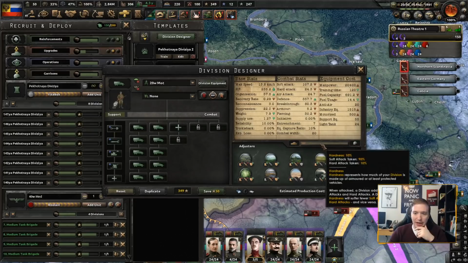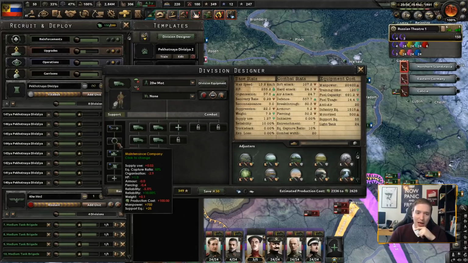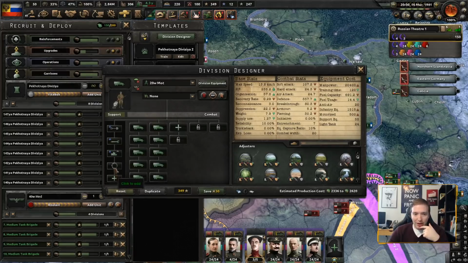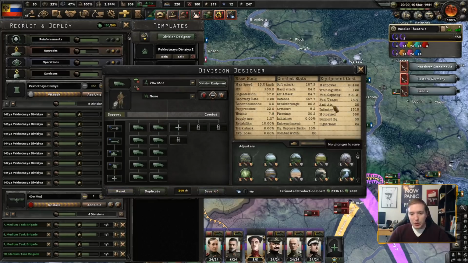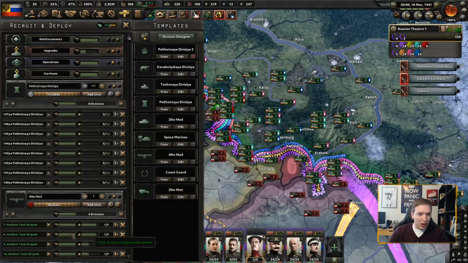We have a tiny bit of hardness value, too, which means we take a little bit less soft attack, but we do take hard attack instead. Maintenance companies is okay. Actually not bad just because you can capture equipment a little bit better, so that's not bad, and we want everything else here, I think. Maybe not the support anti-air, but we have enough of that going around, I think we're fine. So let's go ahead and save that out as another template,